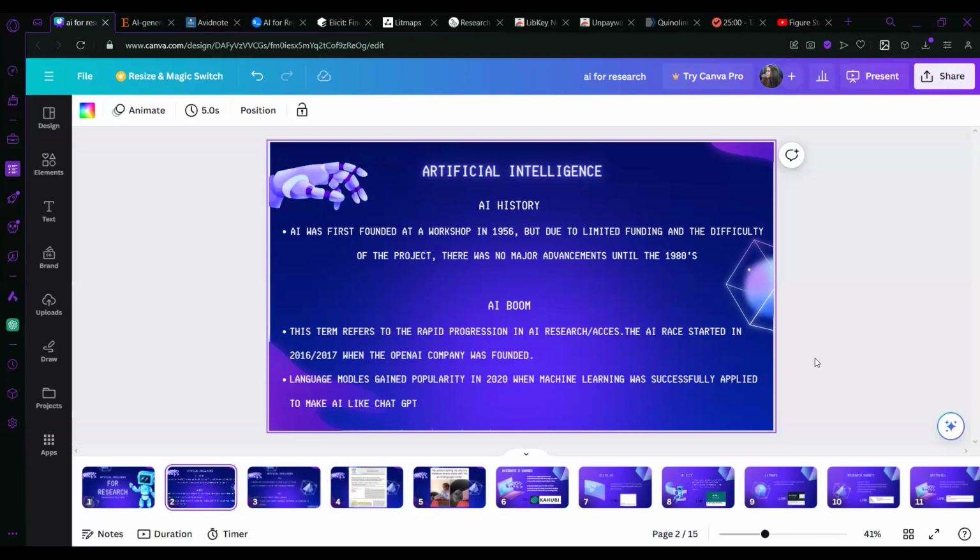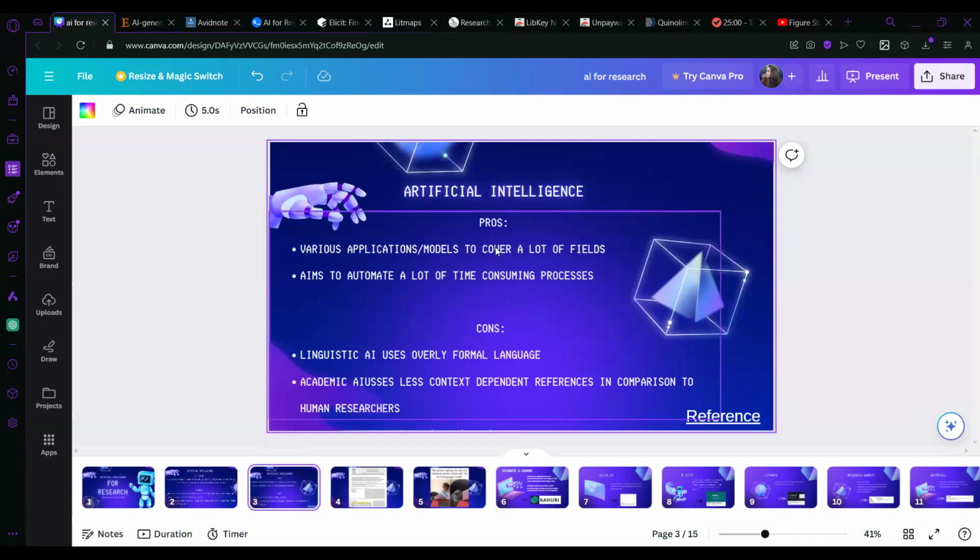Because I think a lot of people, from the beginning of the 2000s with iRobot and everything, are scared of AI, but I think it's going to be very interesting where it's going, and I am really looking forward to it. But to take us back to a much less advanced version of AI, AI does have its pros and cons. It can be applied in various fields and models.